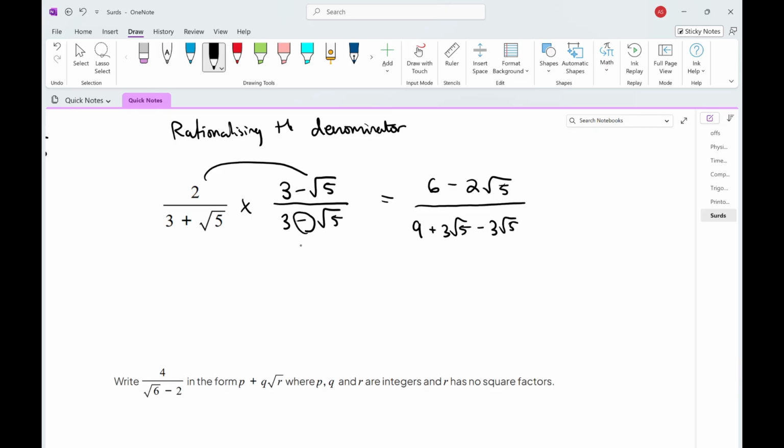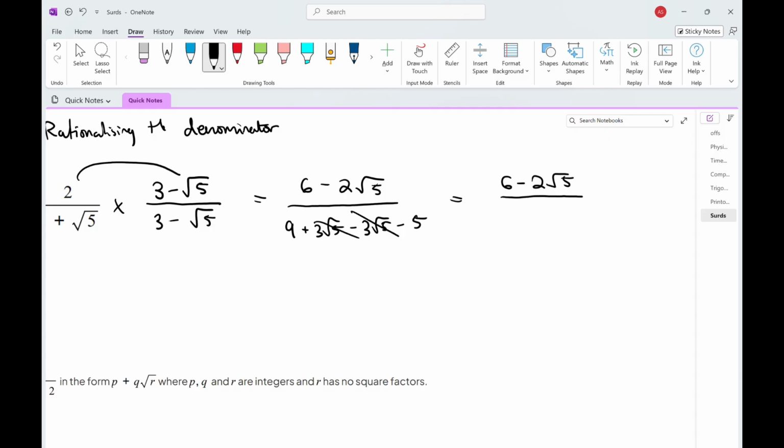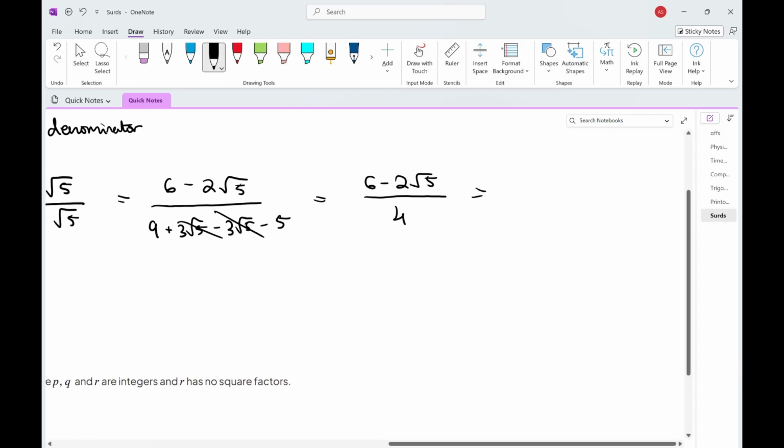See, that's why we've used the minus sign here, because the minus sign will allow us to do 3 times minus root 5, which will do minus 3 root 5. And then we'll also get minus 5, because root 5 times minus root 5 is like doing root 25, minus root 25, which is minus 5, if you put that in your calculator. So to now simplify all this, 6 minus 2 root 5 over, these will cancel out, and this will give us over 4. Now we can divide this further by 2, so we'll get 3 minus root 5 over 2